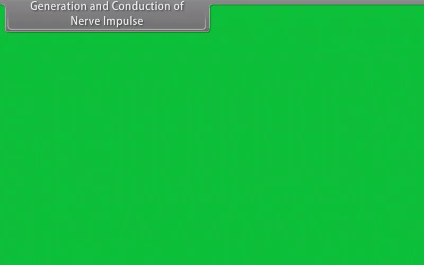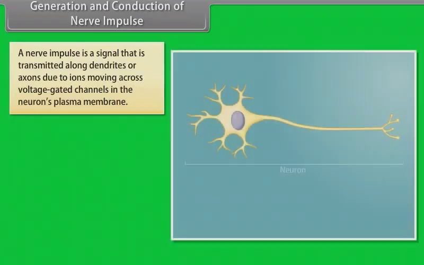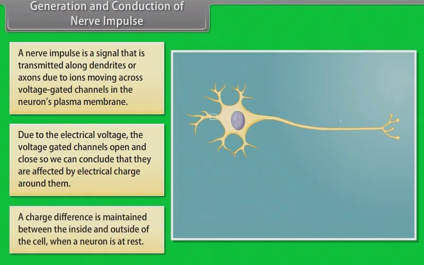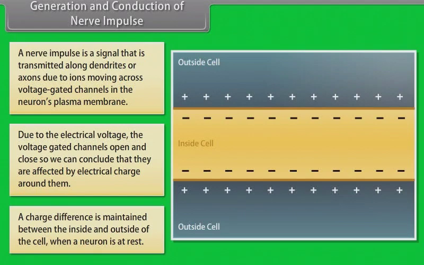Generation and conduction of nerve impulse. A nerve impulse is a signal that is transmitted along dendrites or axons due to ions moving across voltage-gated channels in the neuron's plasma membrane. Due to the electrical voltage, the voltage-gated channels open and close, so we can conclude that they are affected by electrical charge around them. A charge difference is maintained between the inside and outside of the cell when a neuron